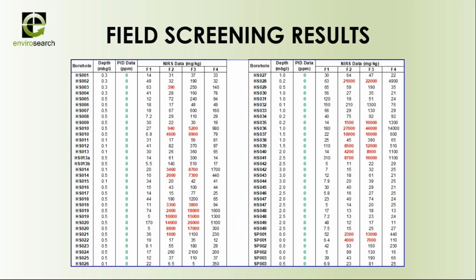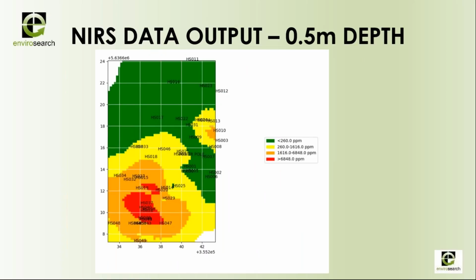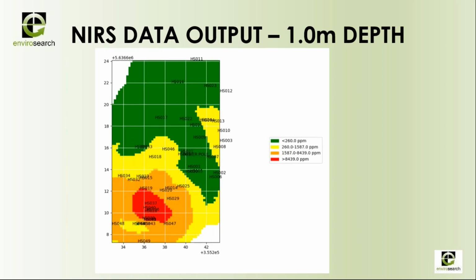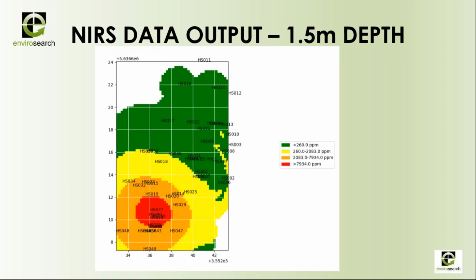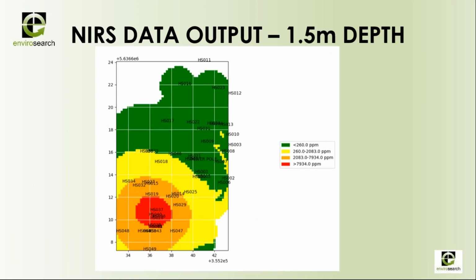One of the advantages then from the near infrared screening is being able to generate 3D and 2D visualizations in an automated manner using machine learning processes. So we're able to visualize the extent of the hydrocarbons in 3D and also in 2 dimensions. So we're able to see the extent of the hydrocarbon contamination at different depths. I've got a series of slides here starting at the extent at 0.5 meters, 1 meter, 1.5 meters. We can see how the concentrations are changing with depth